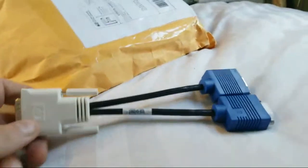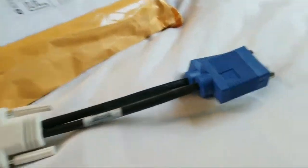So, I'm going to be selling a bunch of these Dells that take the DMS52 or 59. So I need... Since you pretty much have to get this connector, and I have a